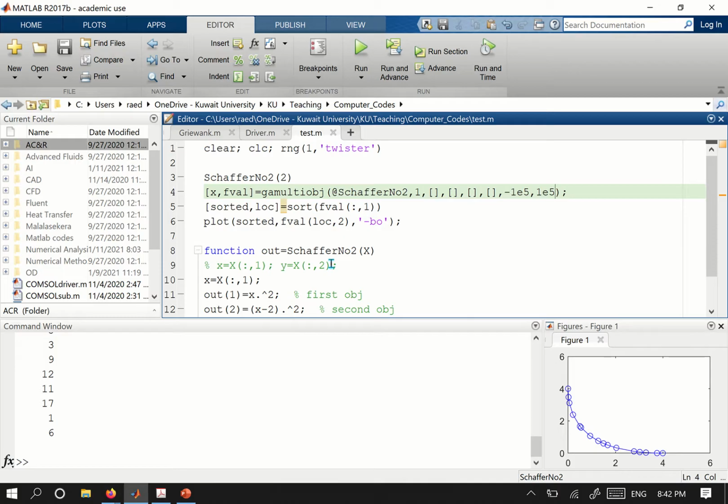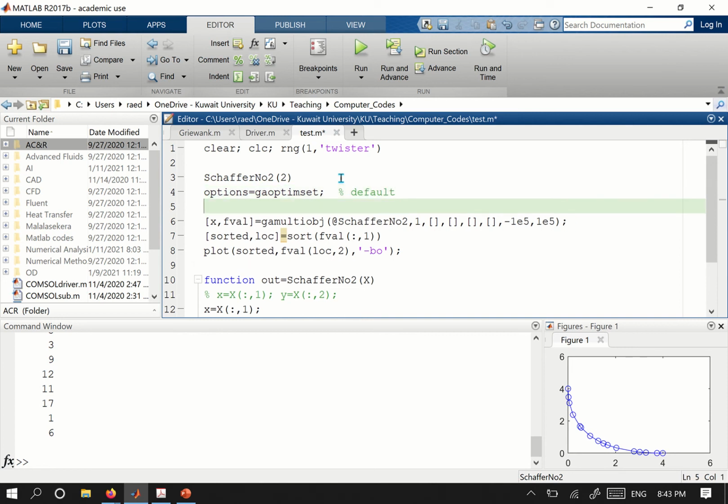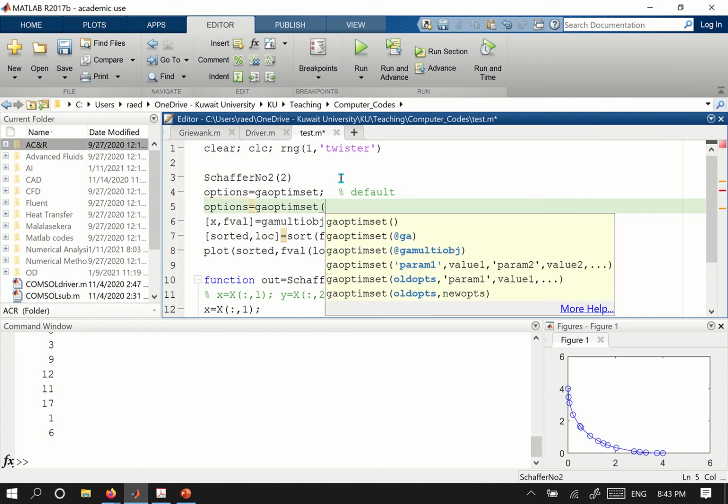So let's say that I want the default options, opt set. So this is the default so that you have something to work from, and then you add them one by one. So options, let's say I want to set GA optim set of the quantity, let's say